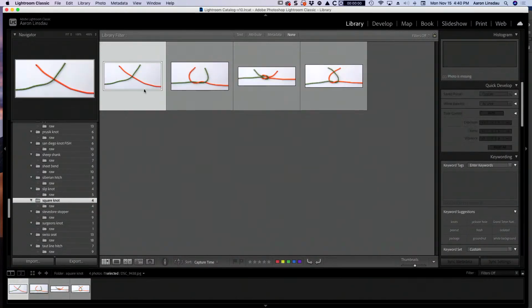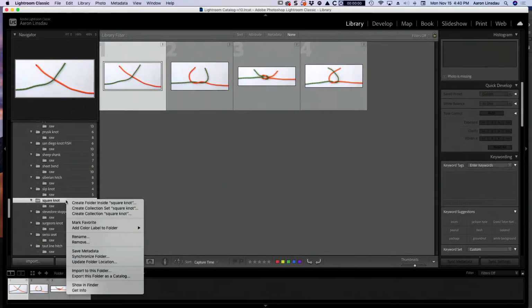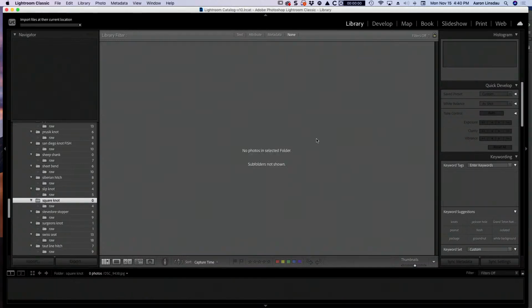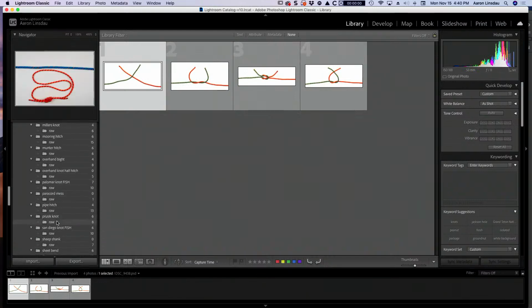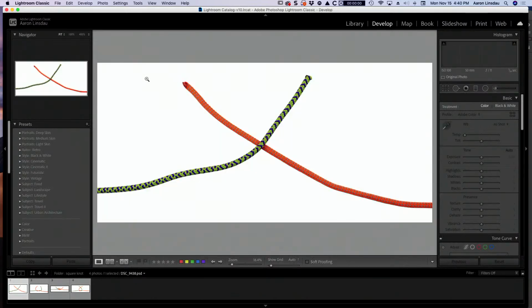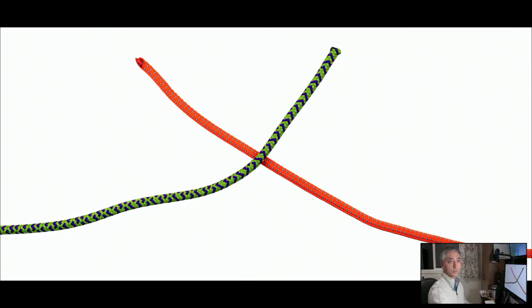But once I go to the full edited images, which are wherever they are, let me synchronize this. And synchronizing, 1, 2, 3, 4, and square knot. And now you can see beautiful white background here. So I've got the white background here. It's much cleaner than the big old messy gray background with all of that,